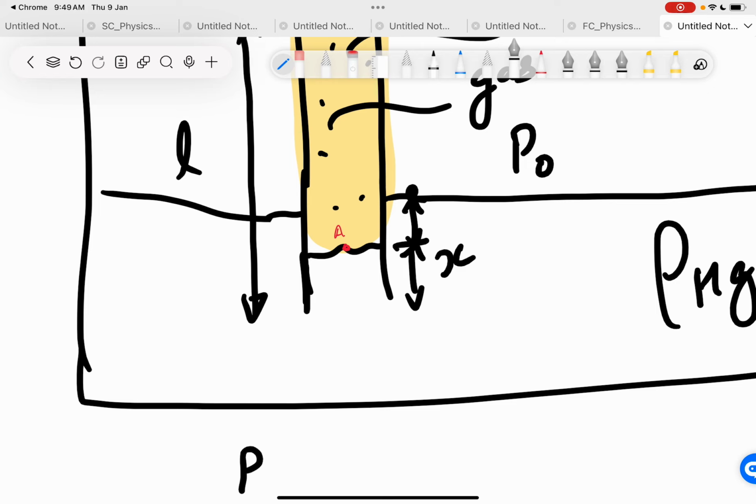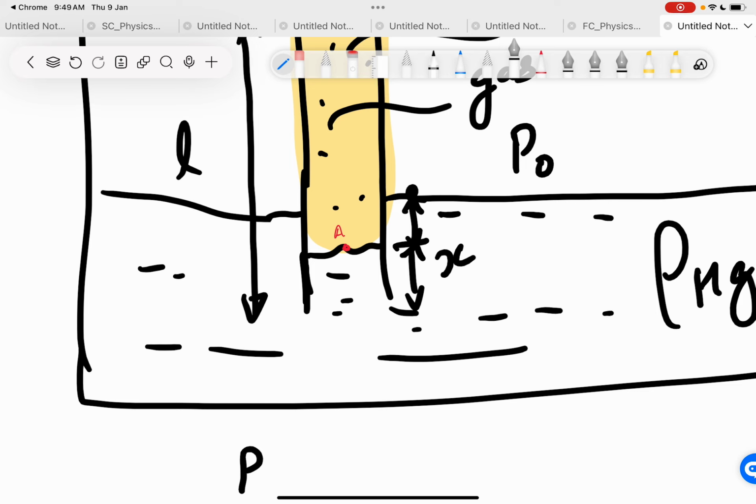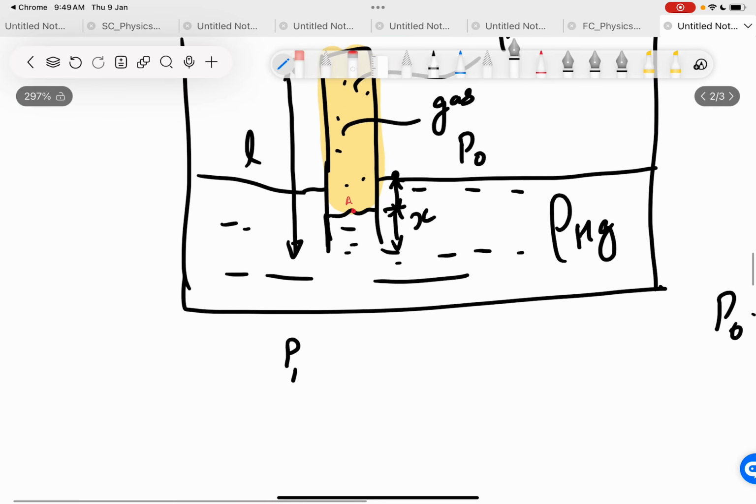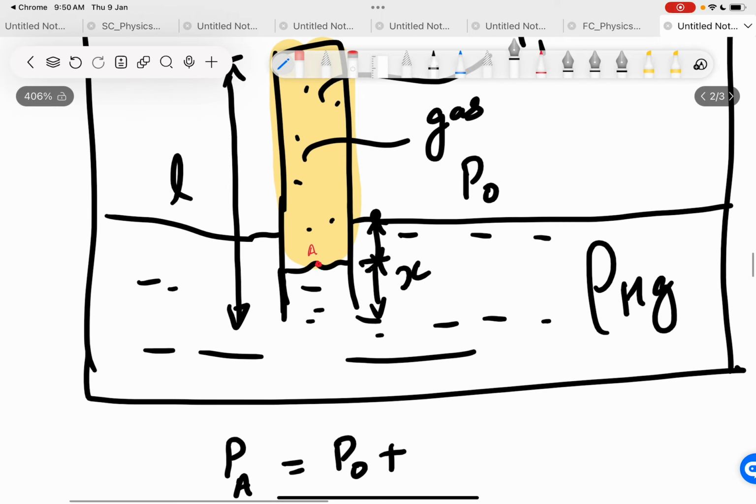Yes, we can say that, because over here you have continuously only the mercury which is present, right? So we can now state that PA is P naught plus this particular height over here